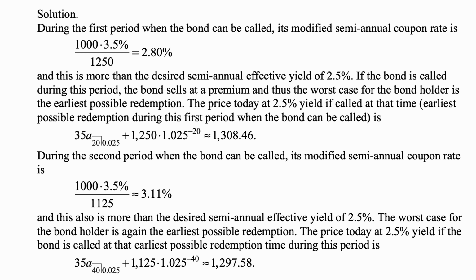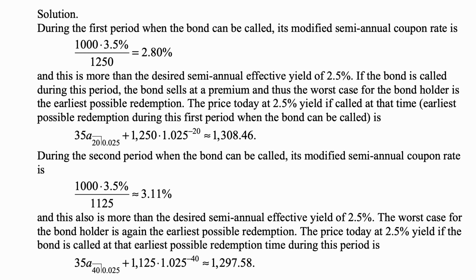And the worst possible scenario is the bond is called at the very beginning, so the bondholder loses all those coupons that are effectively at 2.8%. That's why the worst case is at the beginning. The price today at 2.5% yield, if called at that time, and 2.5% because that's the yield that the bondholder wants, so the earliest possible redemption during the first period when the bond can be called is 35 A angle 20 at 2.5%, plus 1250 times 1.025 to the negative 20, and that's approximately